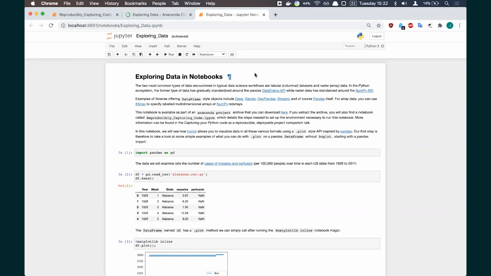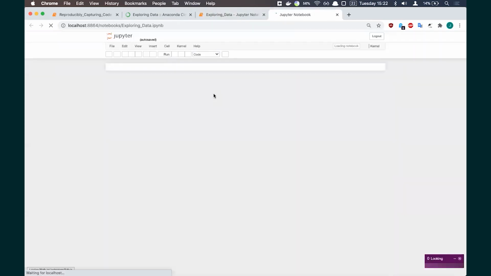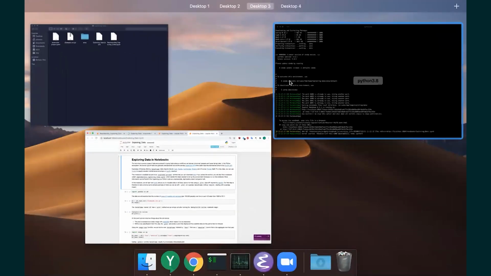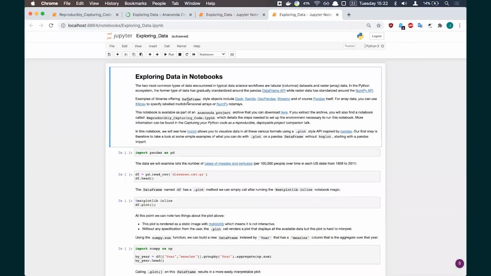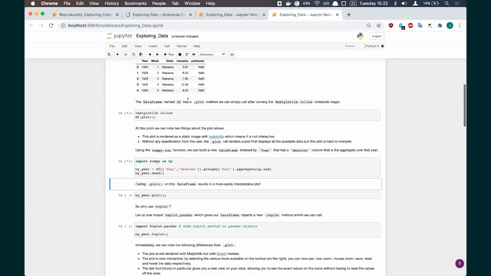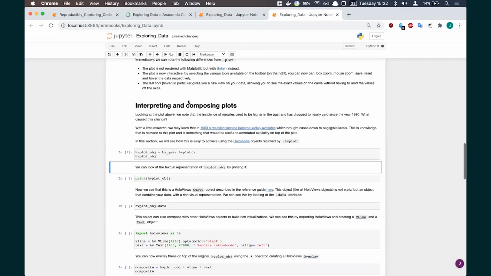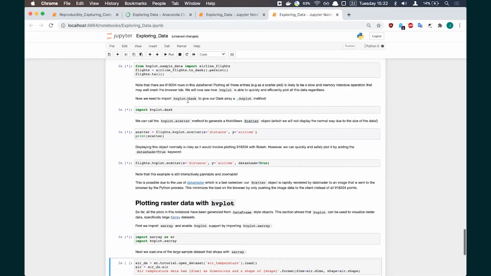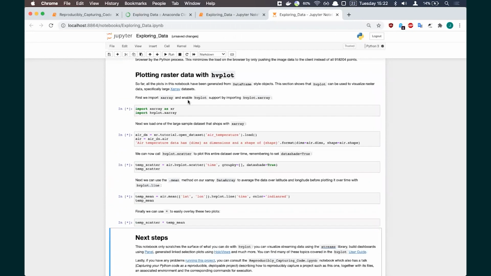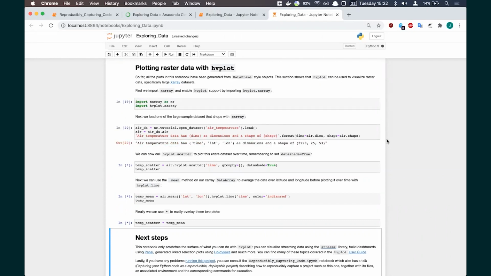Might not actually be empty, but I'll show you that I can execute it from top to bottom. So here it is. It's started. And if I go back to my terminal, you can see that the notebook server automatically started running. And now I can start stepping through, and you can see that there's no import errors, there's no trouble. It's all a nice, smooth experience, all the way right to the last cell here. So give it a second to catch up, and that will show you that the whole thing is a reproducible